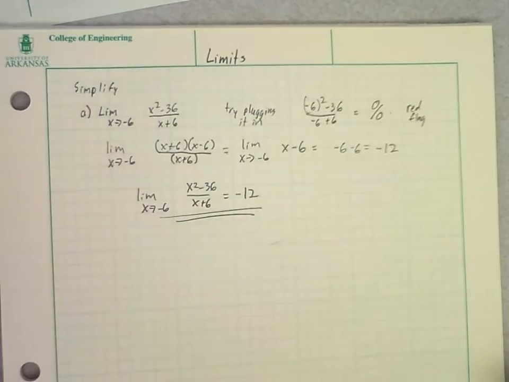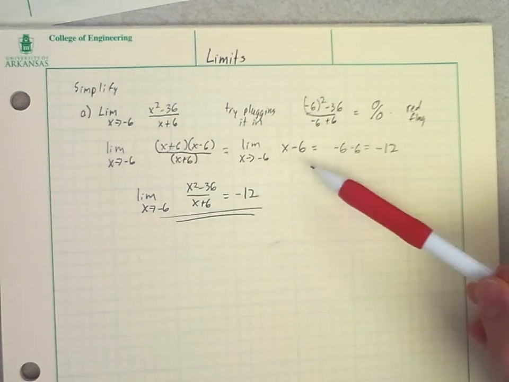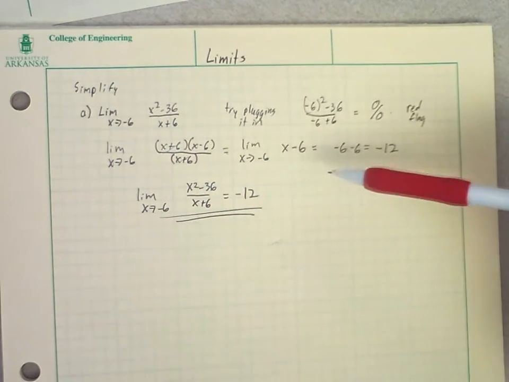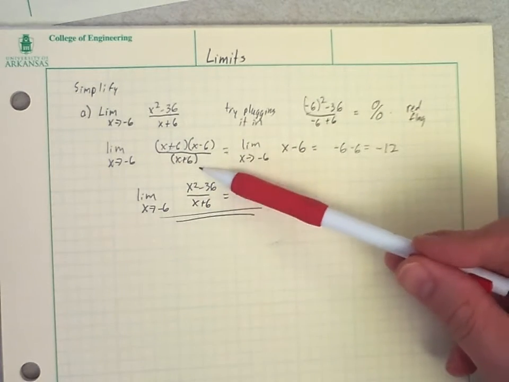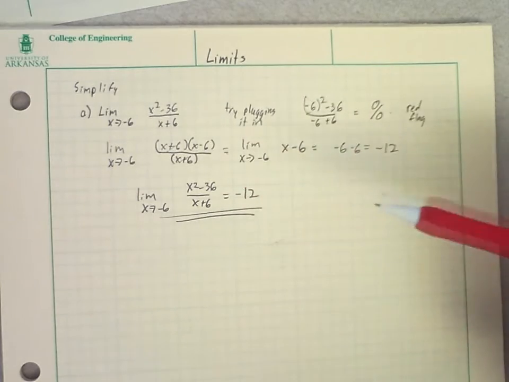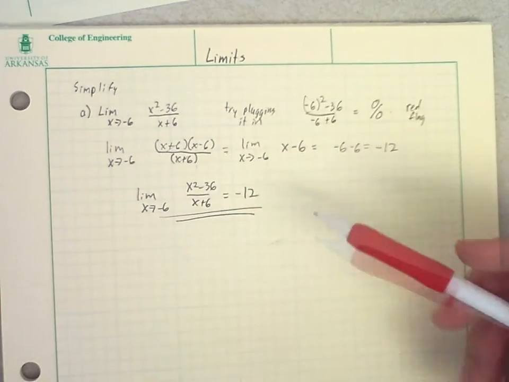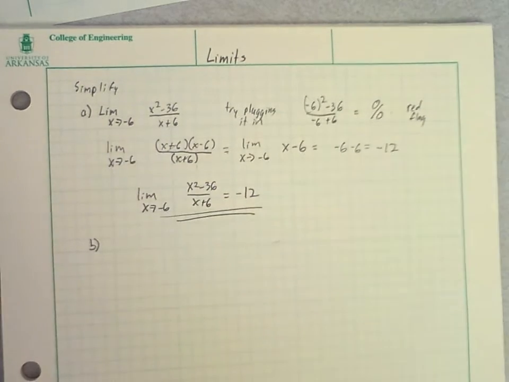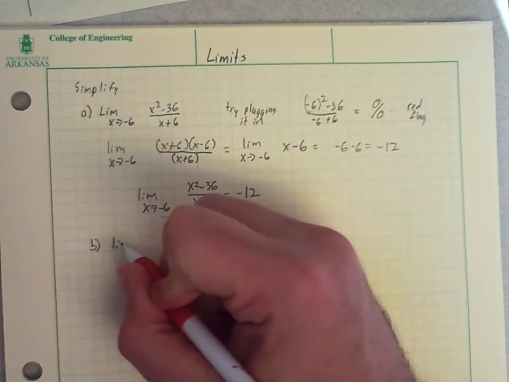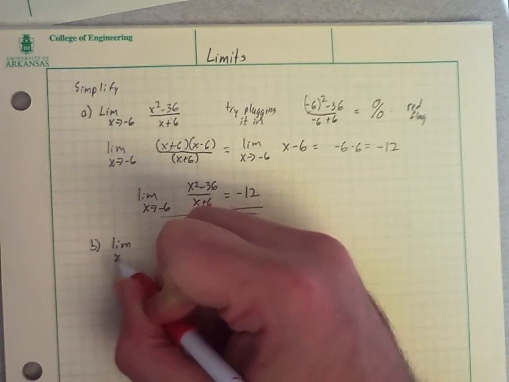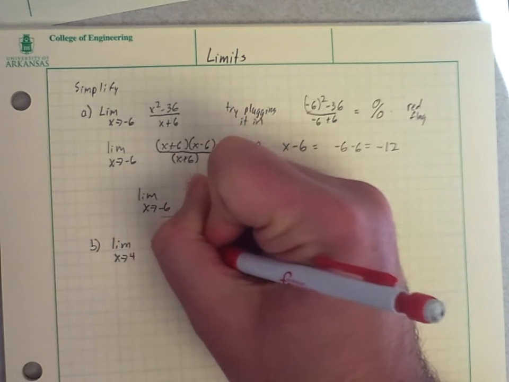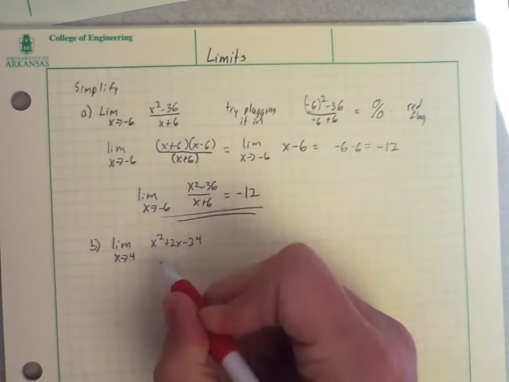In a situation like this, if we were to graph it, a hole would happen at negative 6. When we can simplify the expression, we do have a limit there, but the denominator shows it to be a problem, and that's where we get a hole rather than an asymptote. Part B, another one: the limit as x goes to 4 of (x squared plus 2x minus 24)